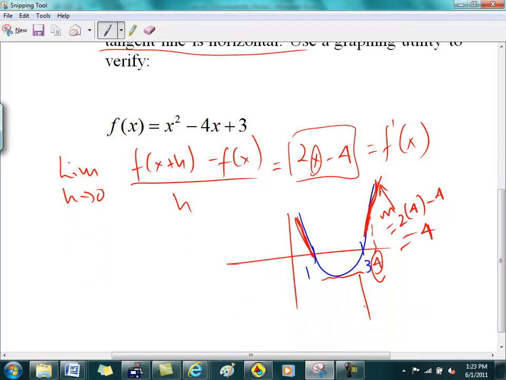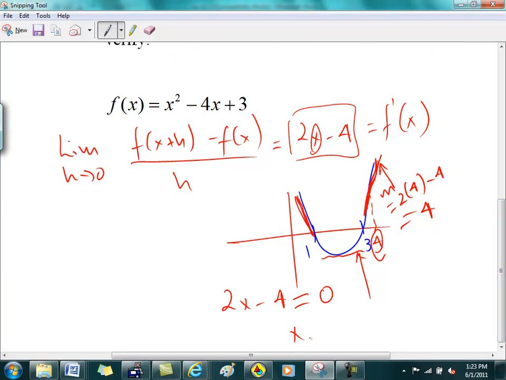So take a look at this line here. If I had drawn this nicely, would you say that that line is horizontal? What's the slope of that line? 2x minus 4. Remember, 2x minus 4 is the slope. Right? Isn't that what I keep saying? Is the slope of the tangent line? You want that to be 0. So then x is equal to